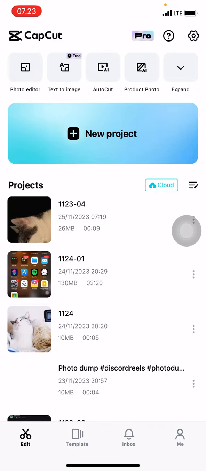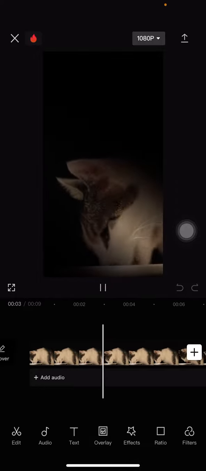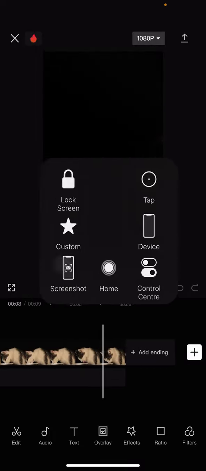First thing you have to do is just open your CapCut application and open the project that you have. Let's have a check. I already have this project, but I have no songs on this video. So I would like to add a song to this video, and the things that we have to do is